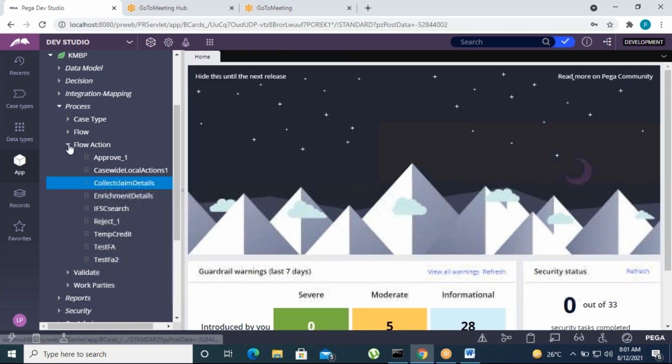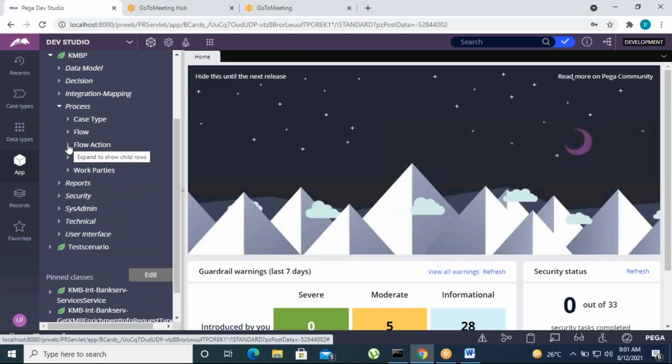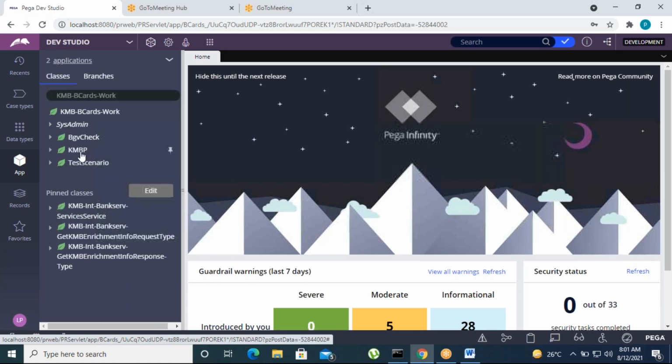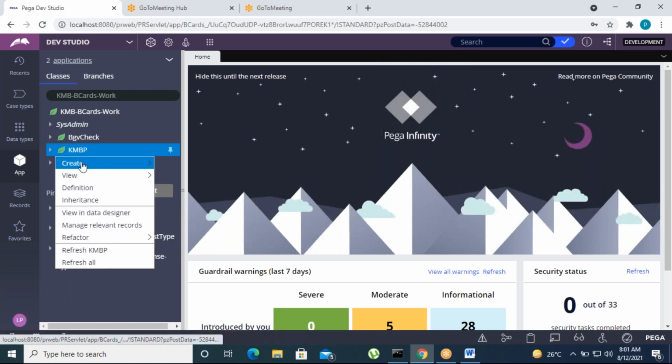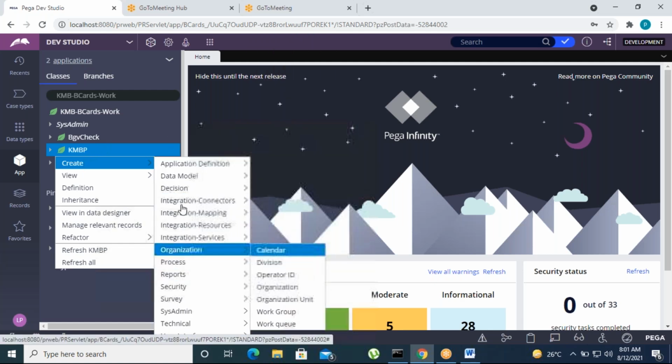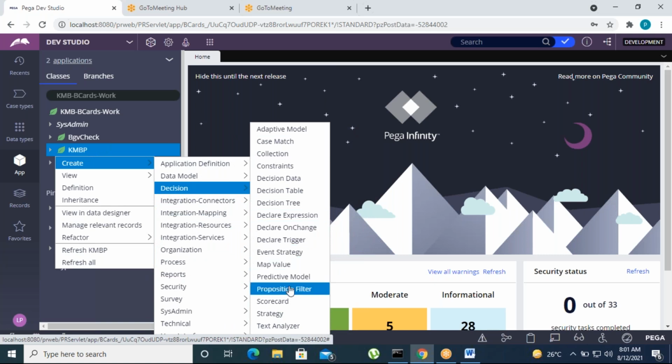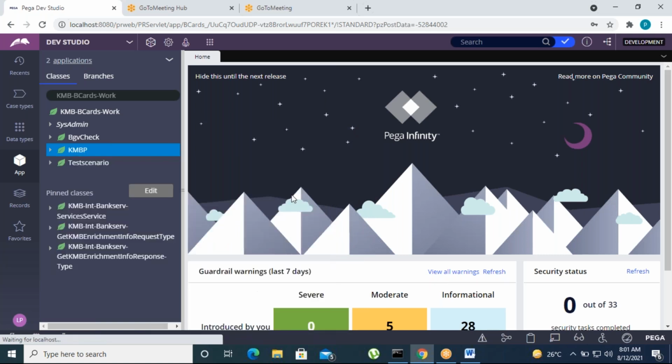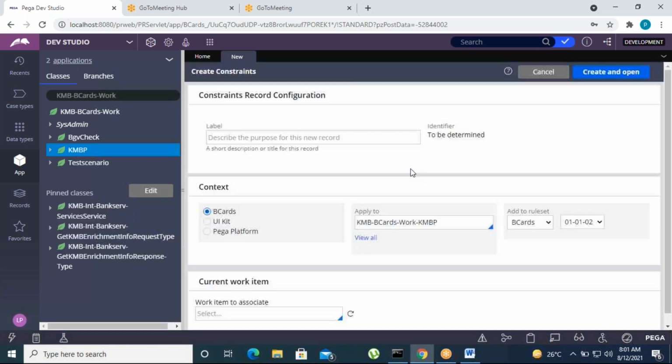When you are going to define the declare constraint, compulsory we can select some standard function. Okay, suppose example. Let's go to create a declare constraint now. In your application, not for the scenarios. Go to create and then decision and declare constraint. Then some test constraint and then create and open that.